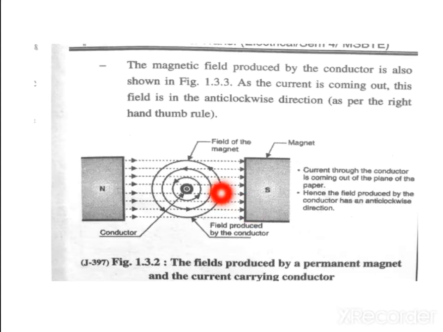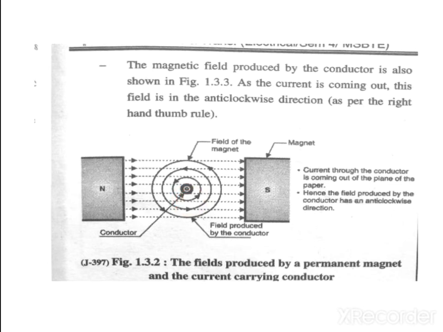Firstly, consider this is the conductor which is placed in the magnetic field. The magnetic field is produced by these two permanent magnets with poles N and S. Let's consider the current flowing through this conductor is outside, toward us. As the current from the conductor is coming out, the